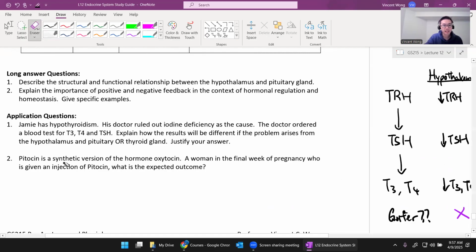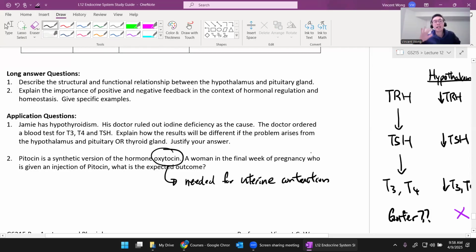Pitocin is a synthetic version of the hormone oxytocin. A woman in the final week of pregnancy who is given an injection of Pitocin, what is the expected outcome? Okay, so like I said, the oxytocin is needed for uterine contraction. Normally, the oxytocin